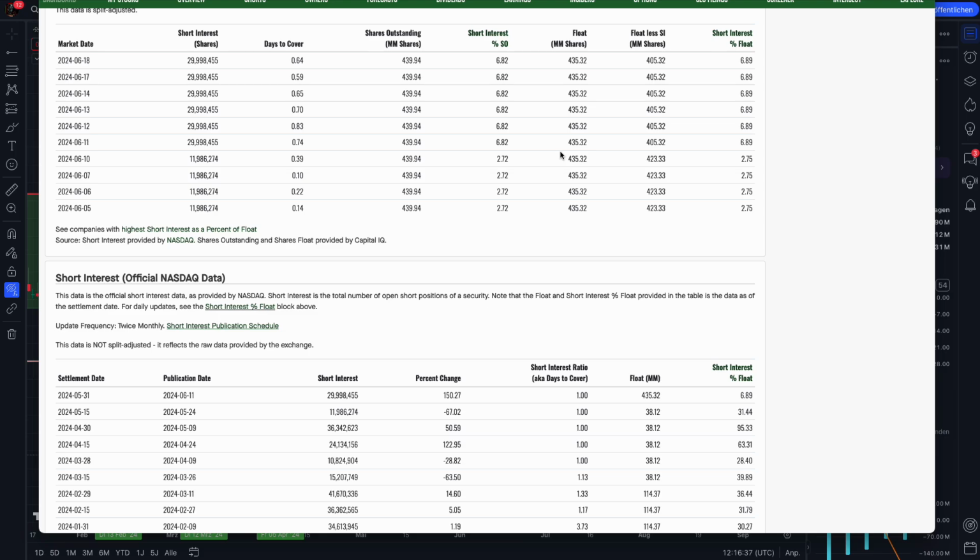They need 1 million public tradable float to be listed on the Nasdaq, so they will dilute the stock again. They need cash to survive, and Faraday Future, in my opinion, diluted the stock here. There are many people out there who do great due diligence on Faraday Future. Yeah, please watch their videos, guys, but this is just what Fintel is showing us. So the actual float is 435 million shares, and this is of course not in favor of a big short